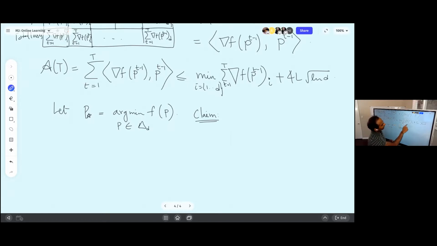If you look at this sum of the gradients, I can think of the vector which is the sum of all the gradients over all the iterations. We know that my total loss is comparable to the minimum entry. My claim is that the minimum entry here